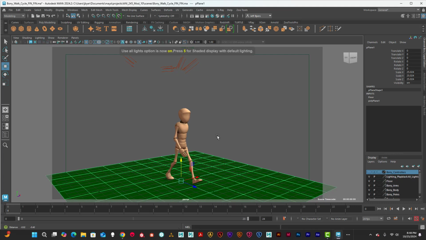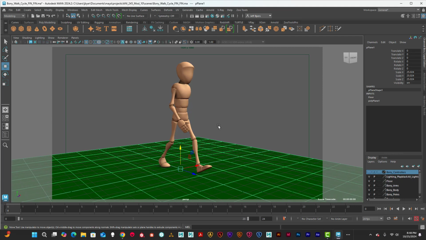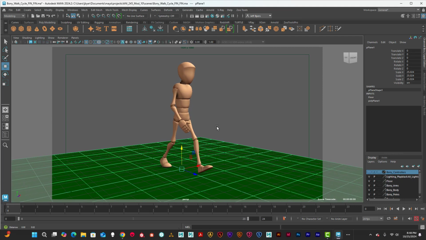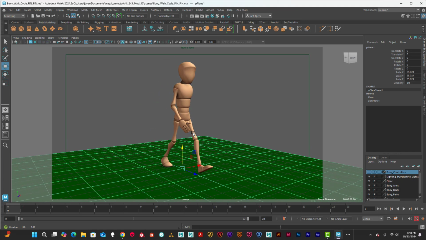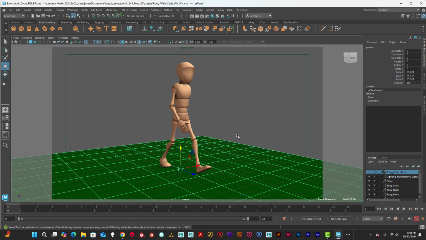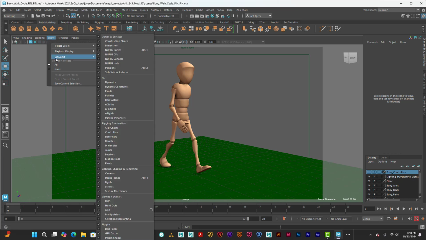And when you do that, we get a lot nicer looking character. And the lighting looks good. It's nice and bright. We can see everything from the back to the front. And so I'm going to go ahead and turn off the grid. The grid is no longer needed, so I'm going to go to Show, Viewport, and scroll down and click off